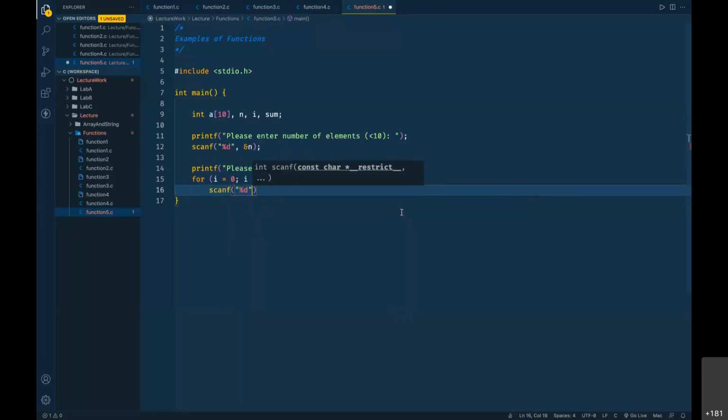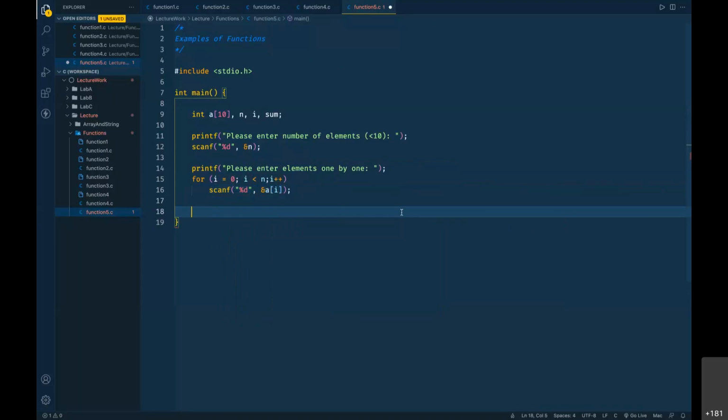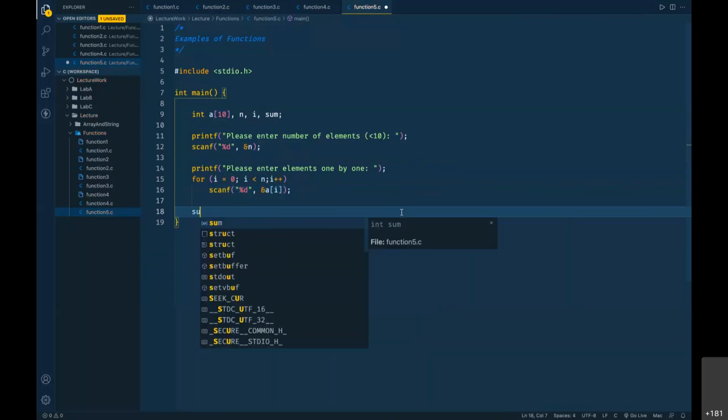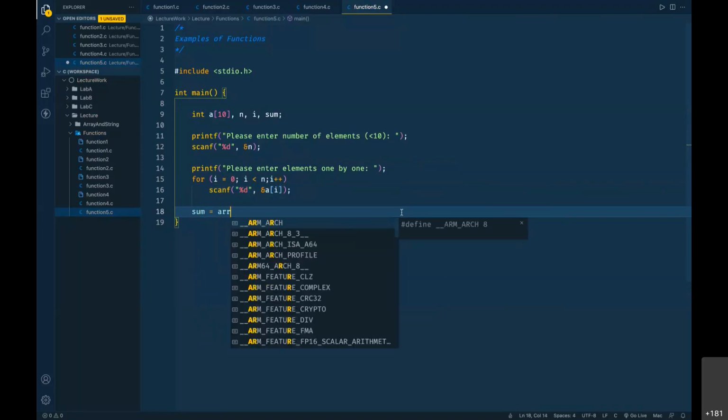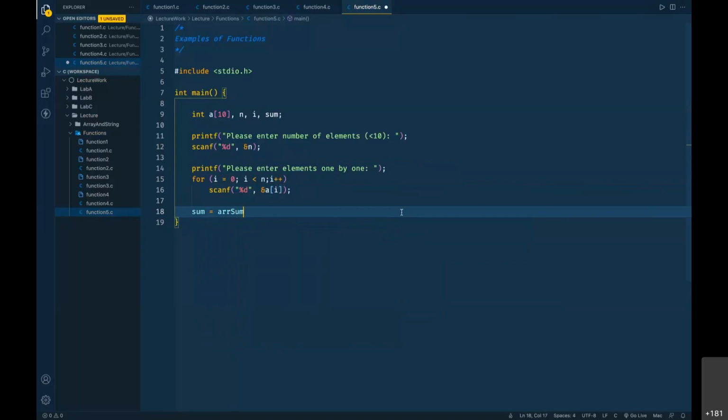So %d, ampersand a of I. And then what we do is we want to calculate the sum. So sum equals to, we will call a function arr sum, where we are going to pass our array and the number of elements n, so that when we come back, we can print that answer, summation.